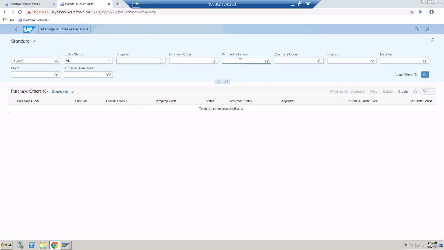Enter our company code. Then you can select the status. You can select the deleted PO, draft PO, follow up documents, in approvals, not yet sent, output error, rejected, sent, everything you will see. I have already created it, that's why I want to see the PO documents. Okay, just click on go.